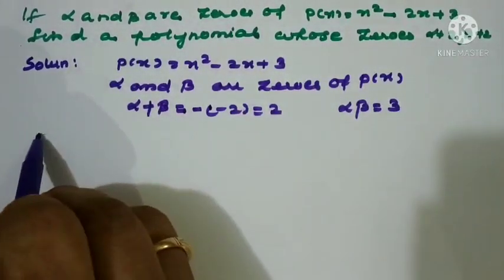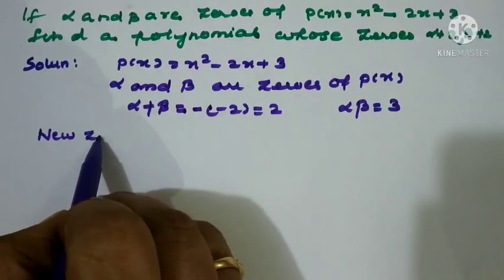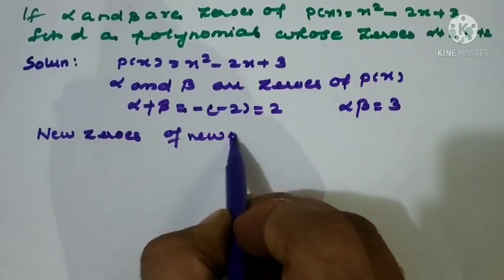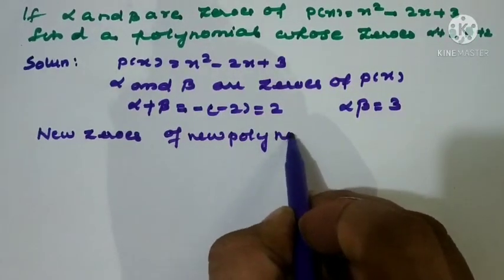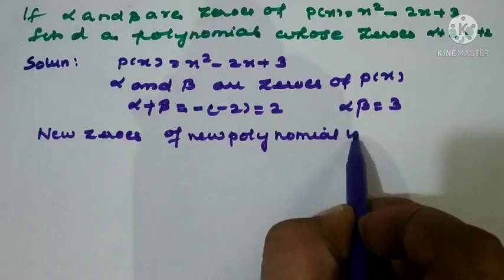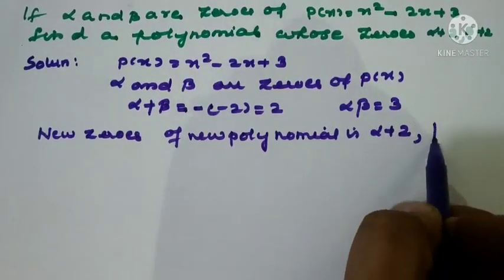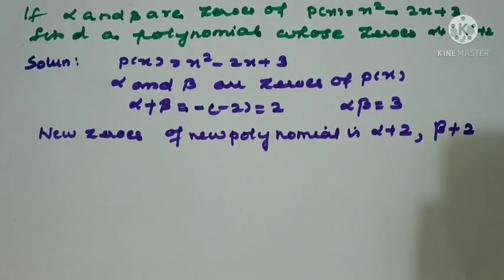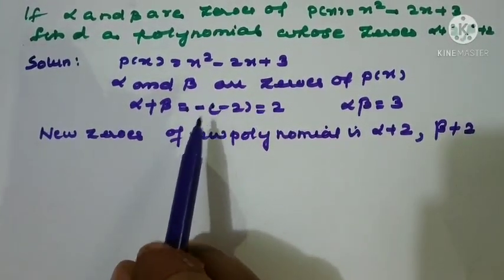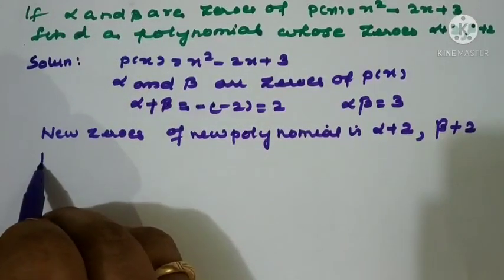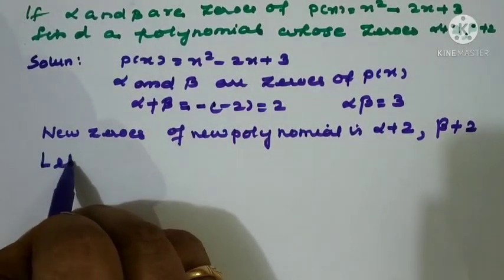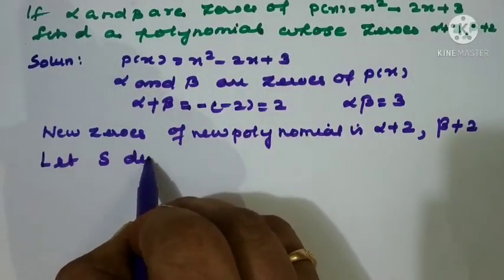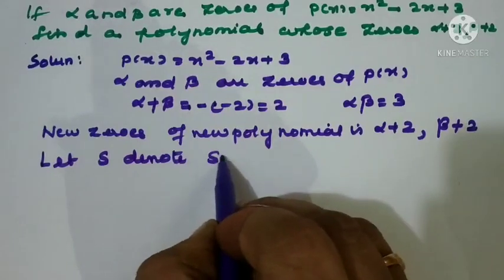Now what are the new zeros? The new zeros of the new polynomial are alpha plus 2 and beta plus 2. As usual, forming the quadratic polynomial. So for avoiding the confusion, let us take that the required, let S denote the sum of the new zeros,